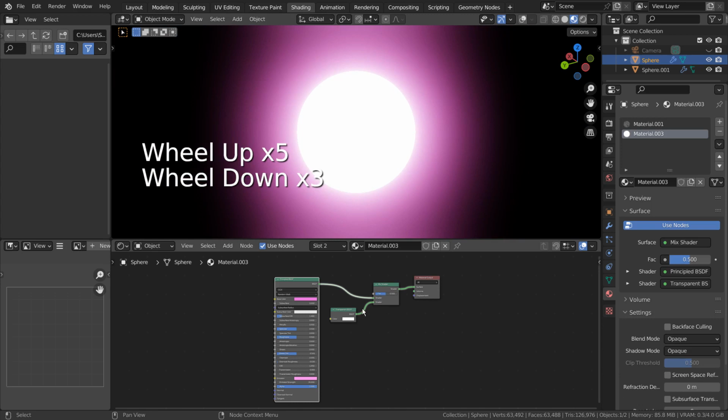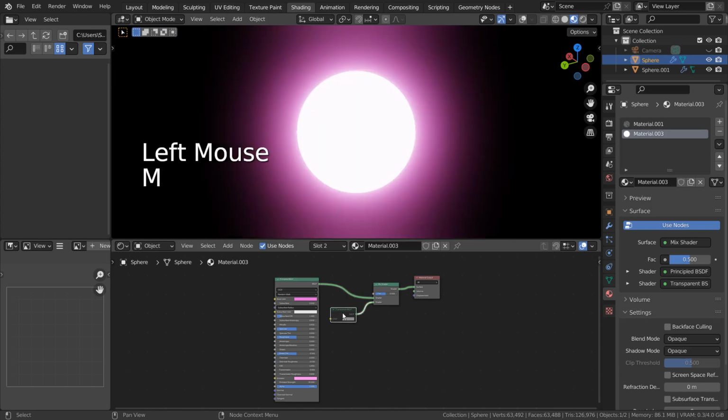We won't be able to see the transparency unless we add more nodes to the factor slot.